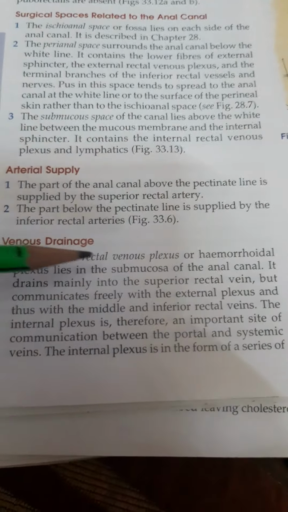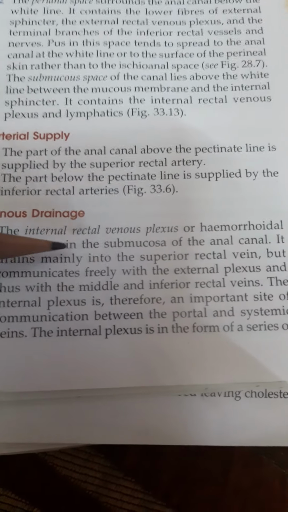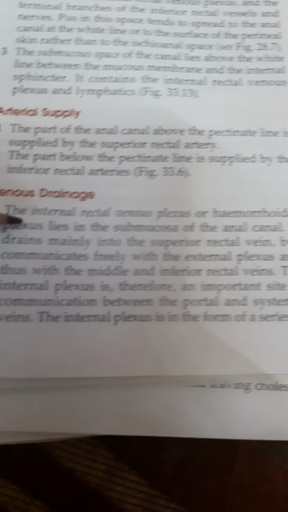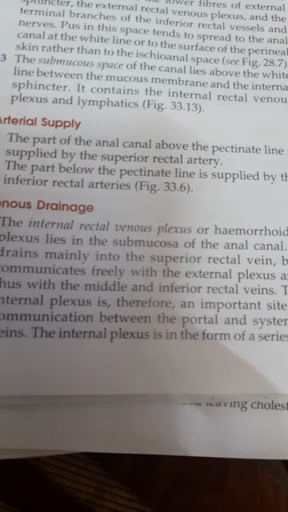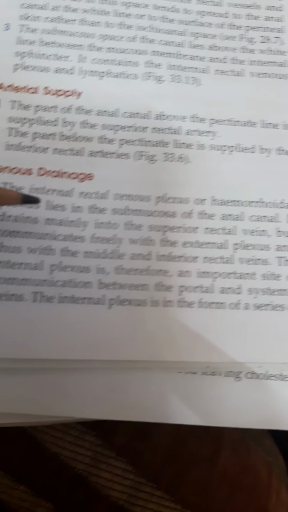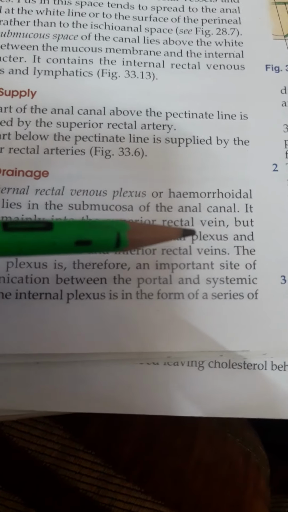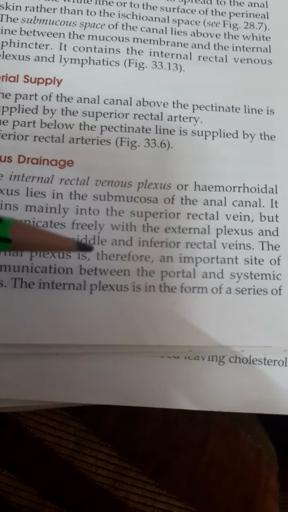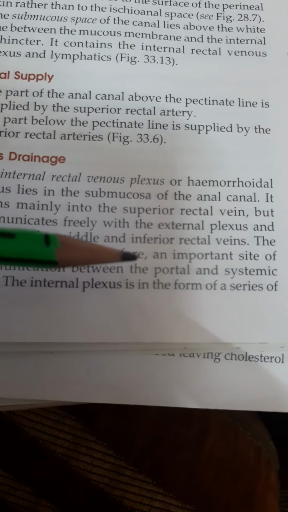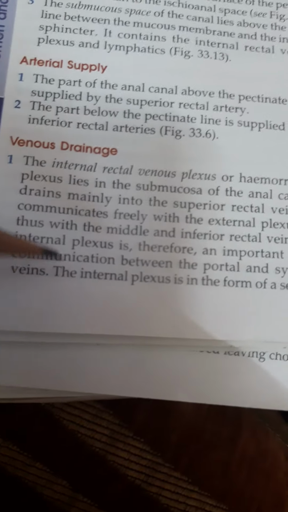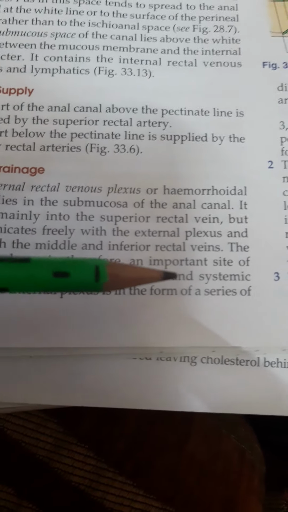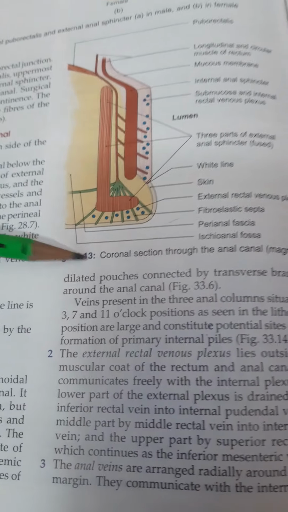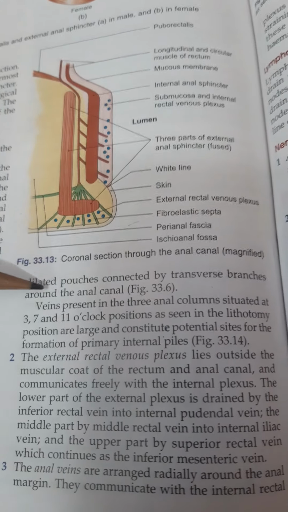So what's written in your book? The internal rectal venous plexus or the hemorrhoidal plexus lies in the submucosa of the anal canal. It drains mainly into the superior rectal vein, as I showed you in the diagram, but communicates freely with the external plexus and thus with the middle and the inferior rectal veins. The internal plexus is therefore an important site of communication between the portal and the systemic circulation, or the systemic veins. The internal plexus is in the form of a series of dilated pouches connected by transverse branches around the anal